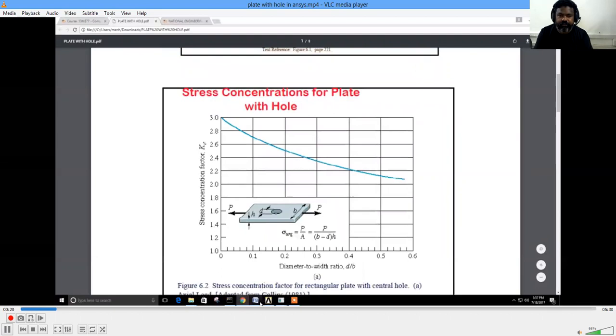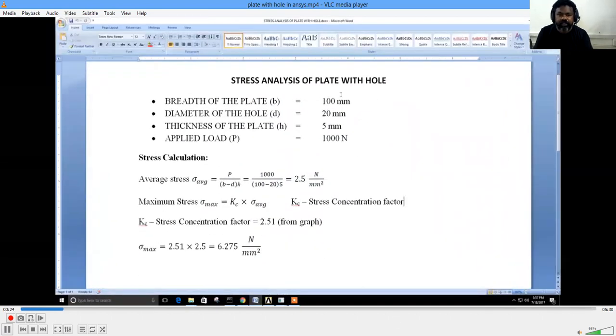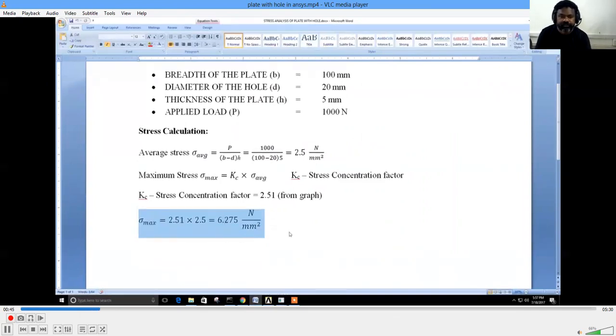In this case, the breadth of the plate is 100, the diameter of the hole 20, the thickness of the plate 5 mm, and the applied load is 1000 Newton. Average stress is calculated as 2.5, Kc value is taken from the graph, and the maximum stress is found to be 6.275 Newton per mm square. This is a very standard calculation.